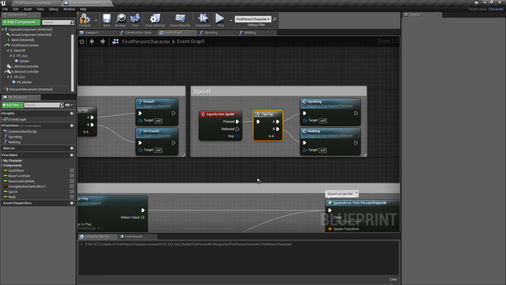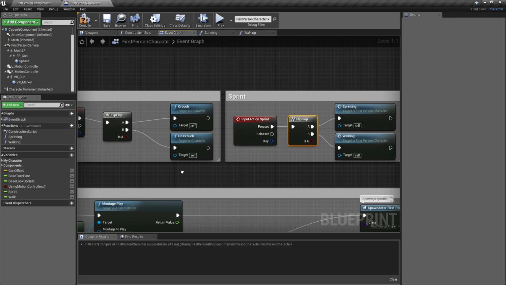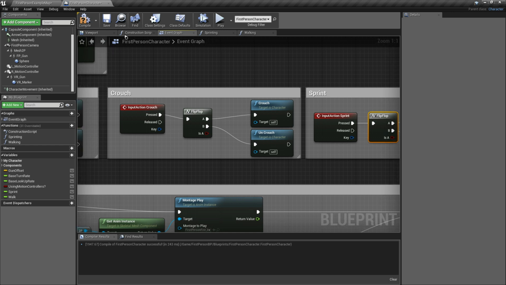Then once we press it again, it will turn back to walking. So that's how we add some toggle in sprint and in our crouch control in first person.